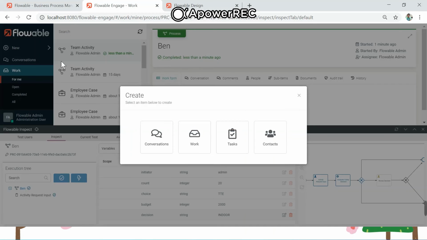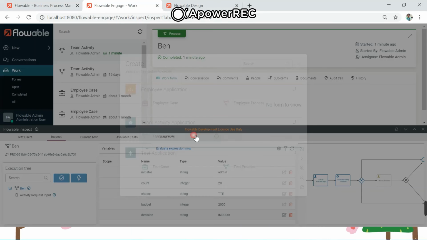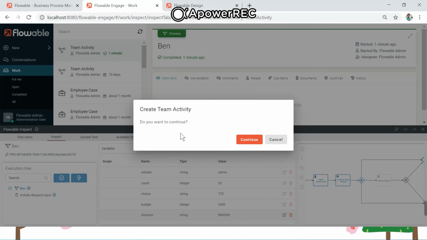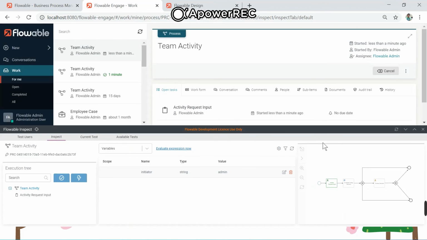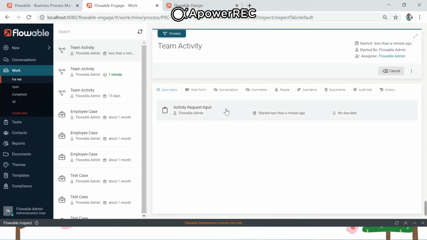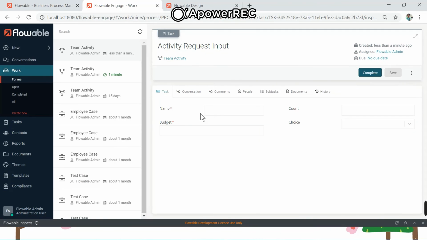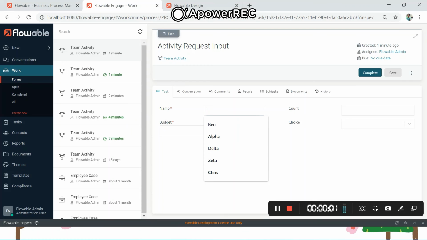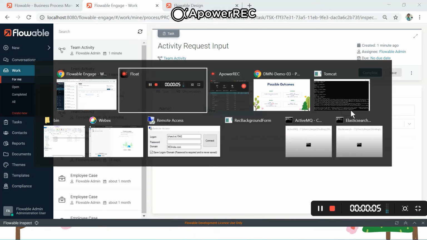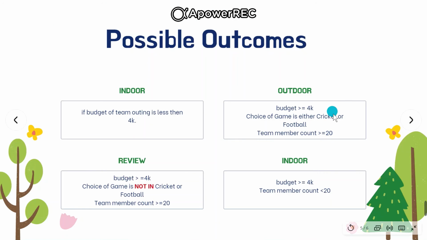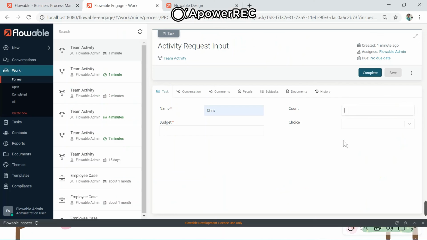For this, again, you can go to New, click on Work, team activity, continue. It will ask for a user activity where we need to give the name. You can give anything. Let's say give Chris. And for count and budget, you can see the business rule condition. Budget should be greater than 4K, game should be cricket or football, and team member size should be greater than or equal to 20.